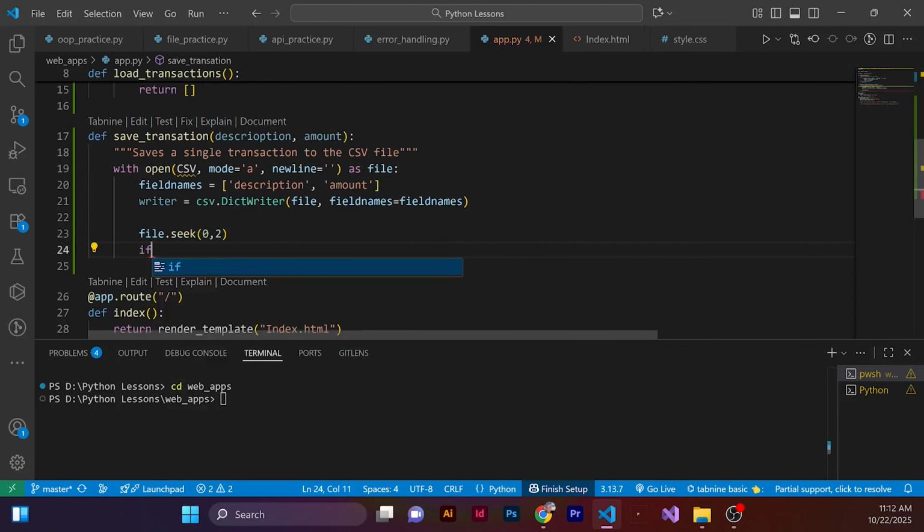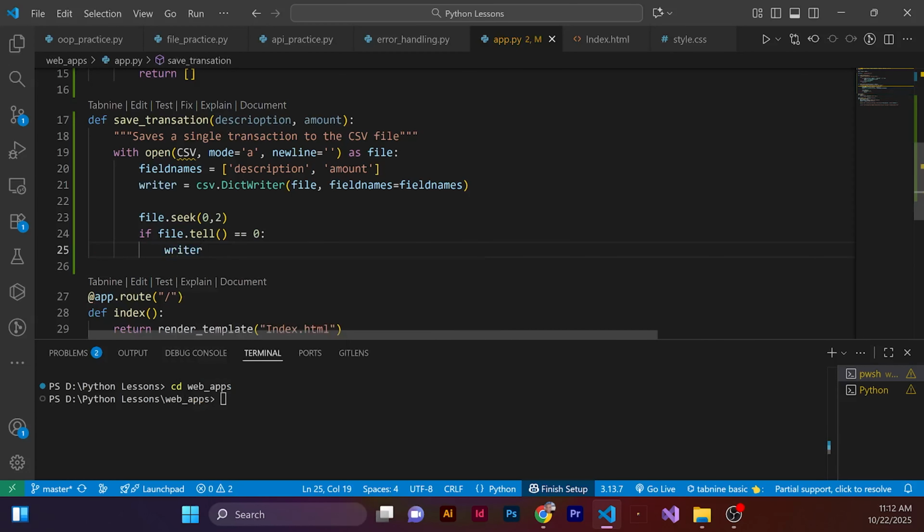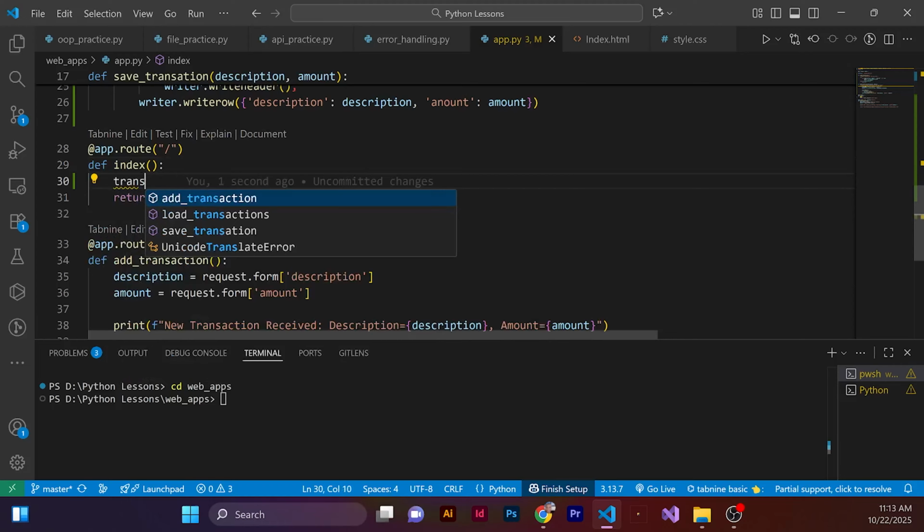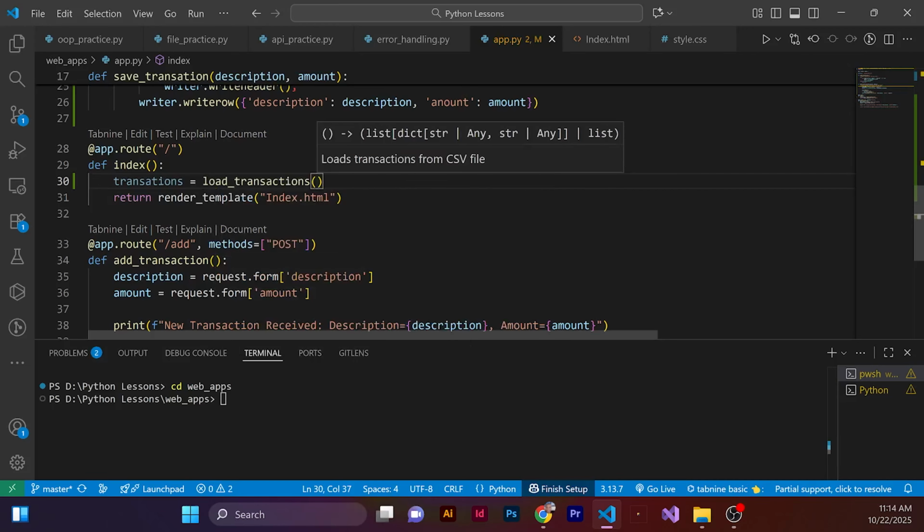So if file.tell is zero, we write the header. We need to load all the transactions here. So we've got a method called index, and we want to load all the transactions when the home page is visited. So we'll say transactions is load transactions, and then we